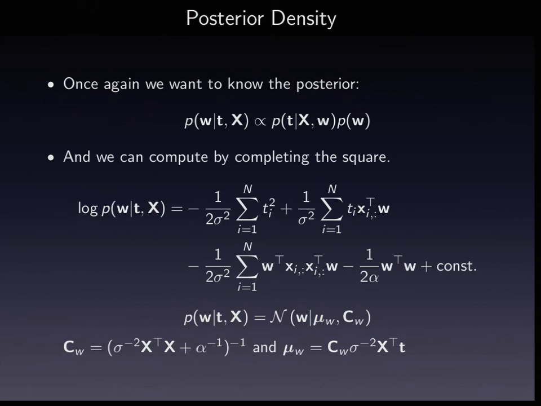But for the moment, we'll leave it at that and suffice it to say that the posterior is this form, with C_W equal to alpha^-1 I plus sigma^-2 x_i x_i transpose. You need the marginal likelihood in the lab as well, but I'll just give you the result rather than derive it. And mu equals C_W sum of x_i t_i sigma^-2. Okay, so